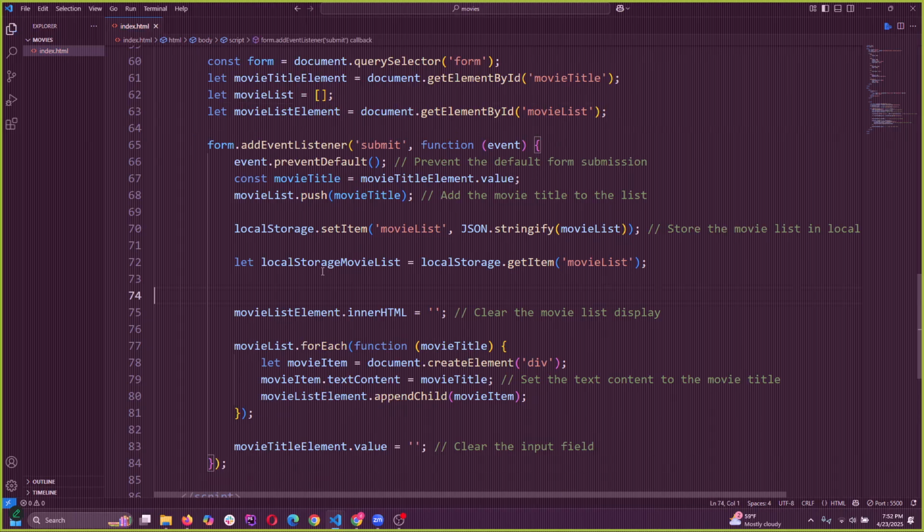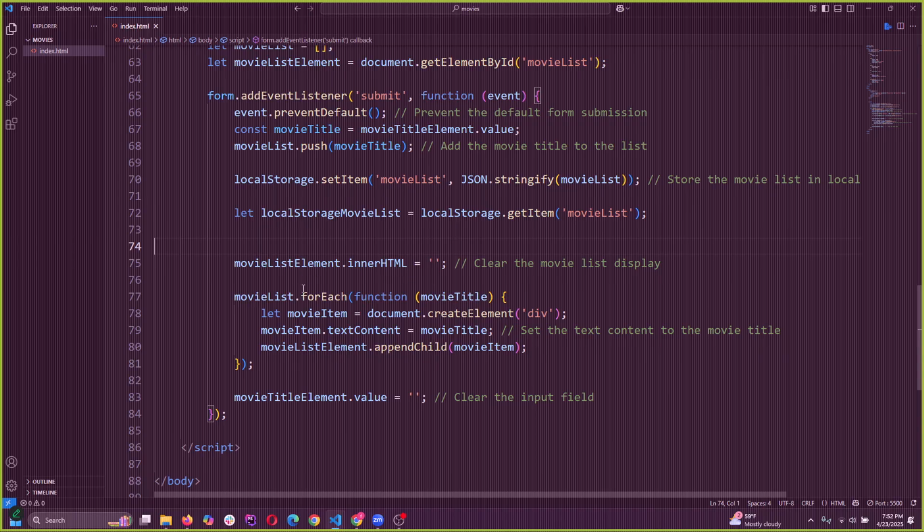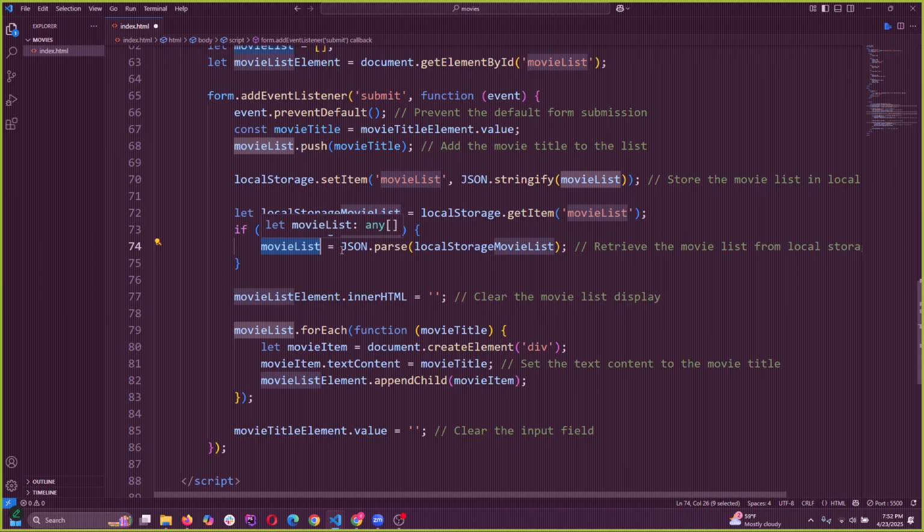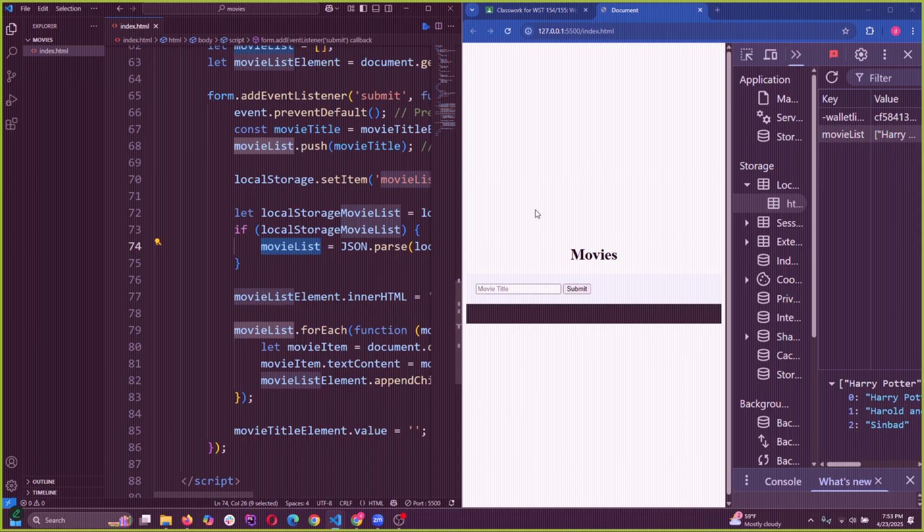It won't understand it unless we do JSON.parse first. So if local storage movie list, check if we have it there. We'll say movie list equals JSON.parse local storage movie list. So basically we're changing this movie list that we created. We're going to replace it with the one in the local storage. And that should basically